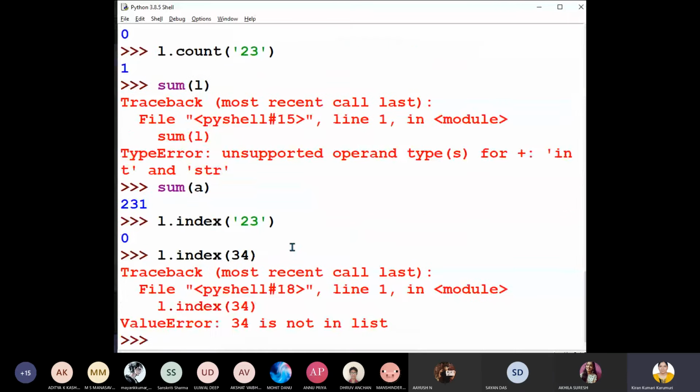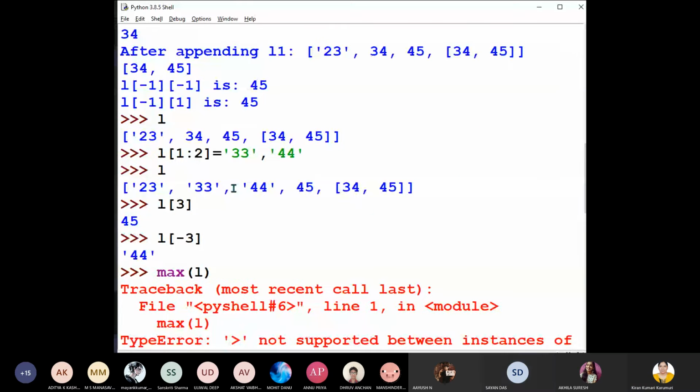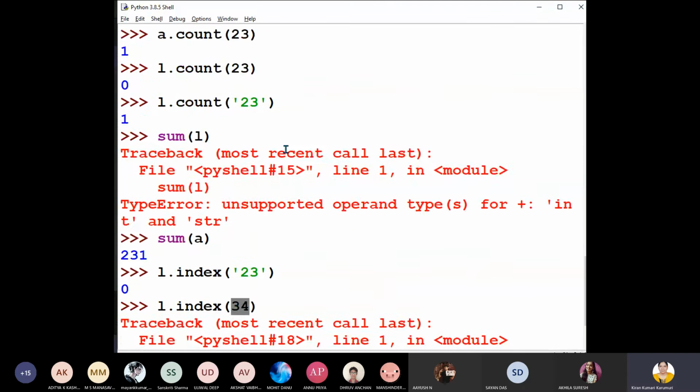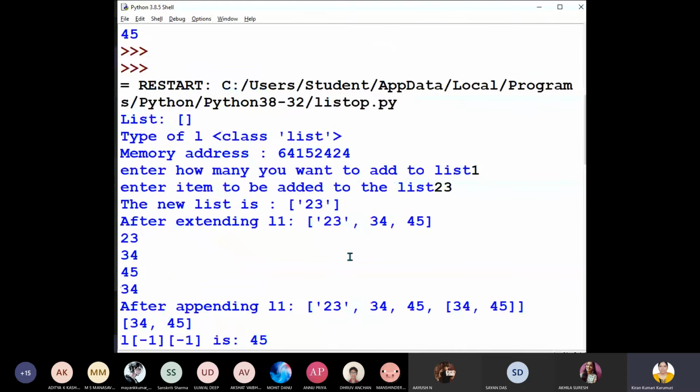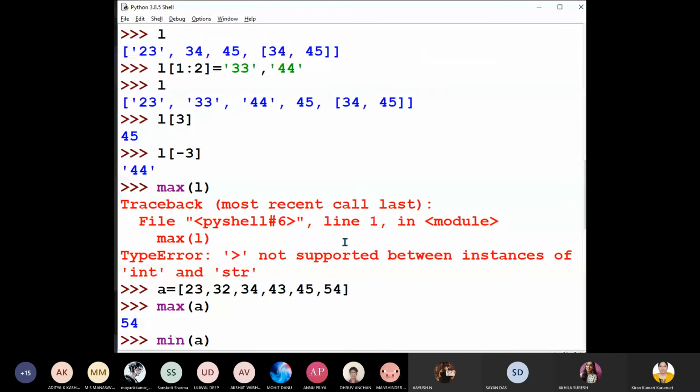So if you give L dot index of that entire list 34, 45, then you will get the index. Yes, ma'am. 0, 1, 2, 3. This entire item is a single item. So if you want to get the index of 34, 34 as a separate item in that list is not there.